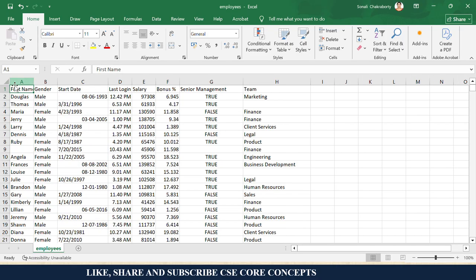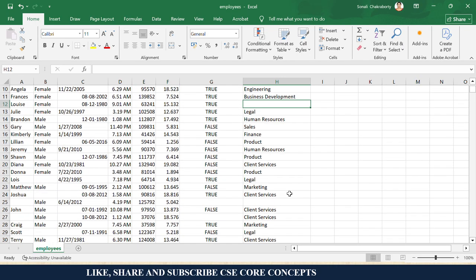So you can see in this CSV file, we have certain records like first name, gender, start time, last login time, salary, bonus, senior management, and team, which team he belongs to. But certain people like Thomas, he is male, but he does not belong to any team. Maybe he is a clerical staff or a peon, right? Similarly here Lucy, female, she does not belong to any of the listed teams, right?